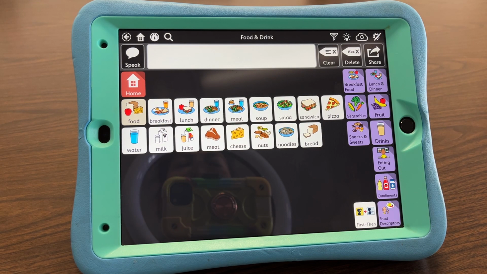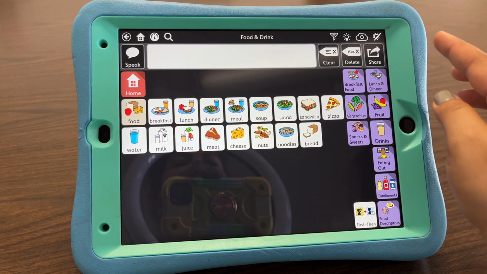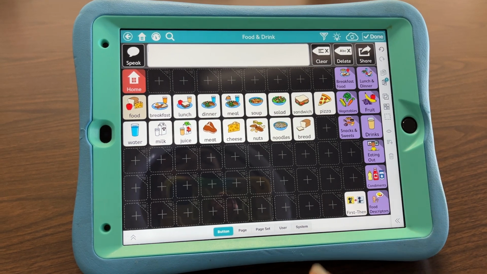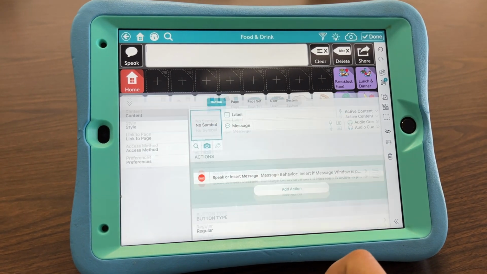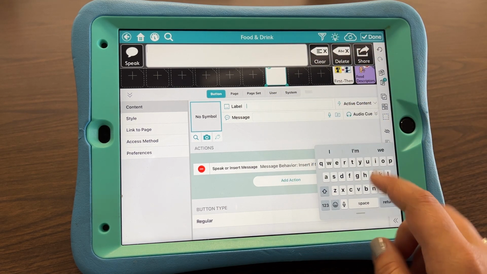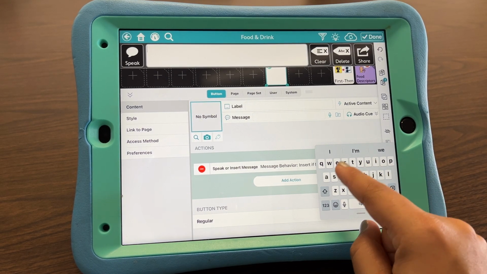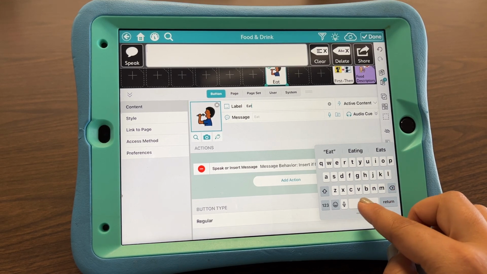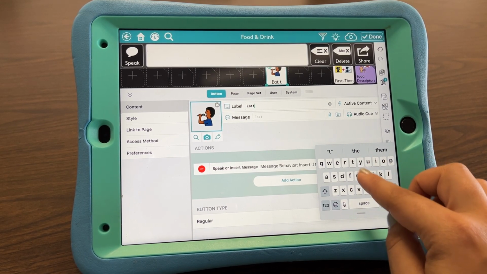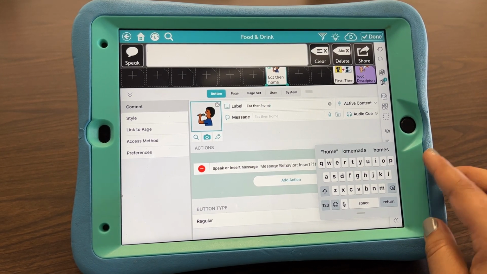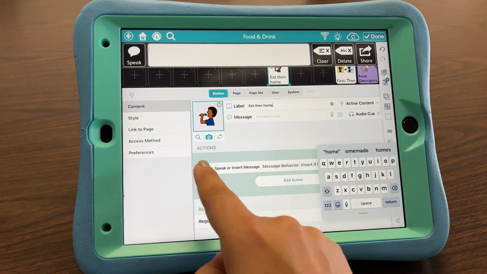One more way that you could do it here is we go back into edit mode, find the button that you want the first then chart to be at. So say in this case, we're gonna first eat, then go home. We can say, let's just try eat, then home, just to remind us. And then instead of speaking the message,